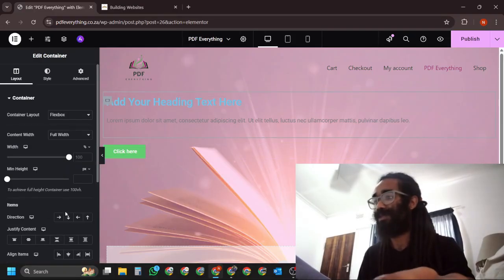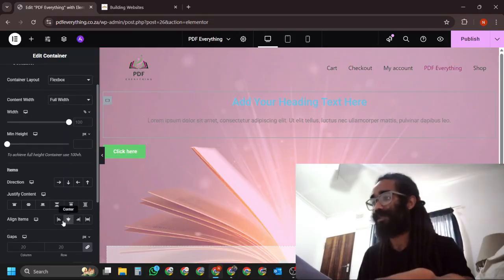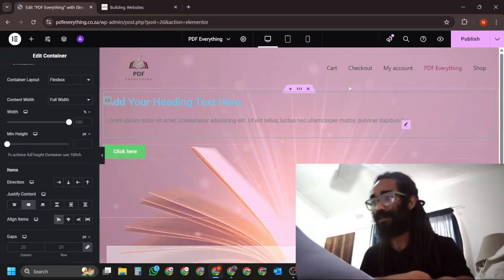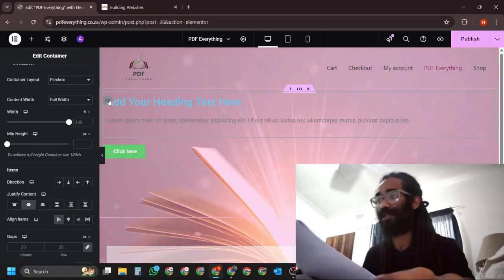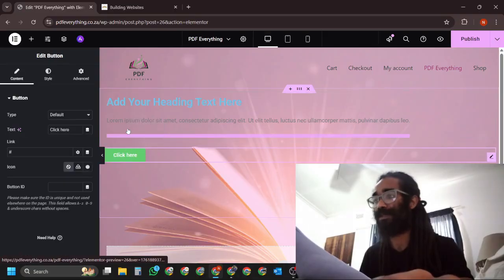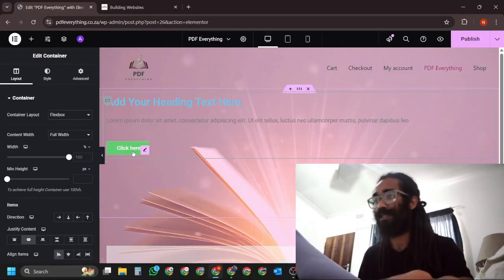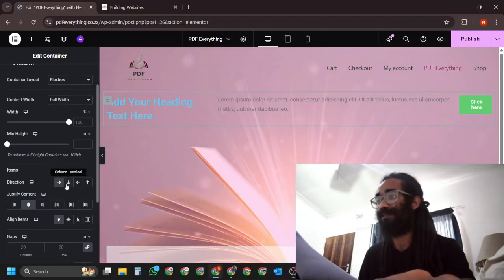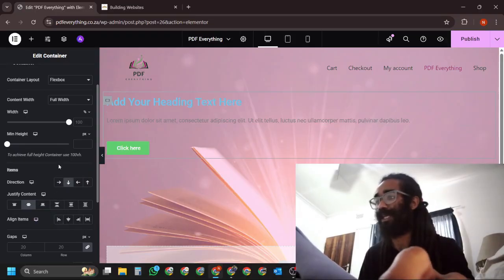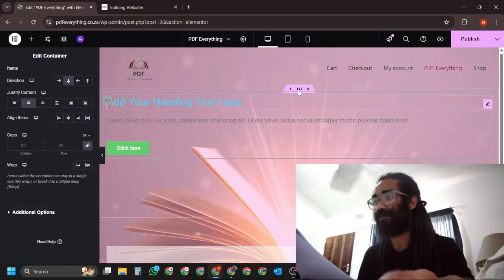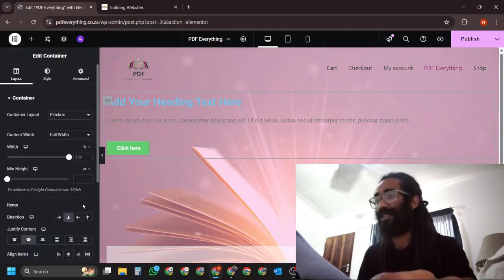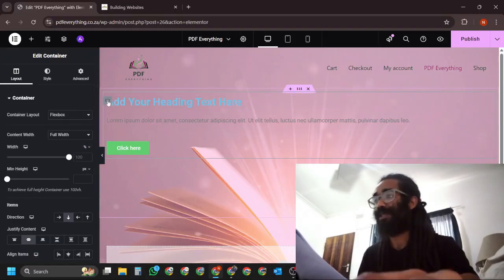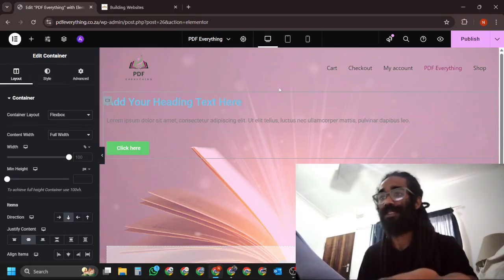And then what we're going to do is justify all of it to the center, because all of this is in one container now. Let's put the button in there as well. Sorry about that. So the button, all of this is in one container section now. So you can now play around with that if you wanted, the flow, the alignment. Alright, so now what I'm going to do is select my container again. I'm going to select the section,